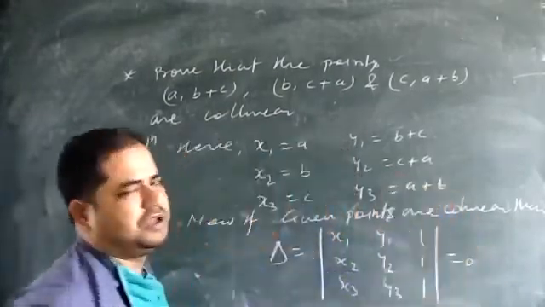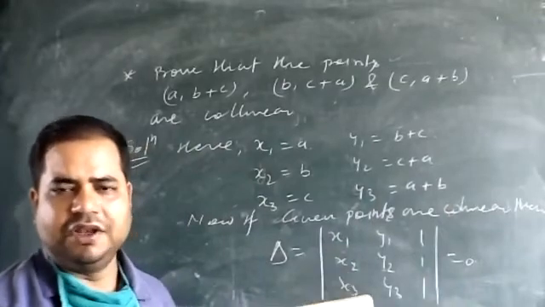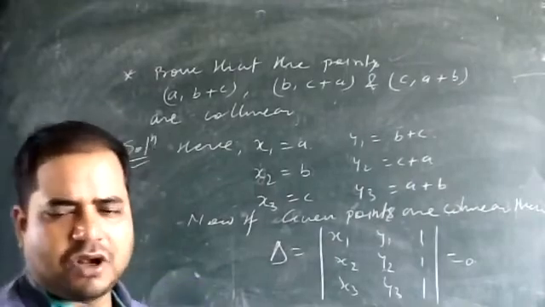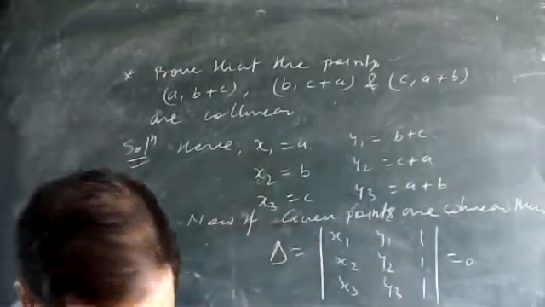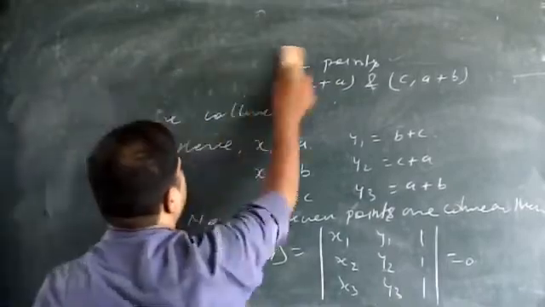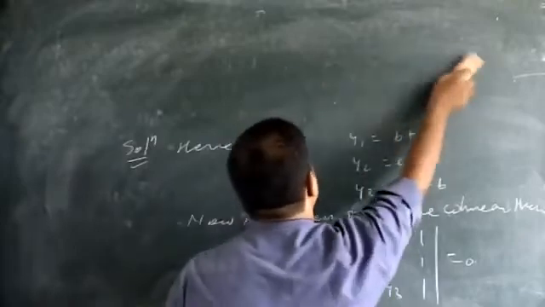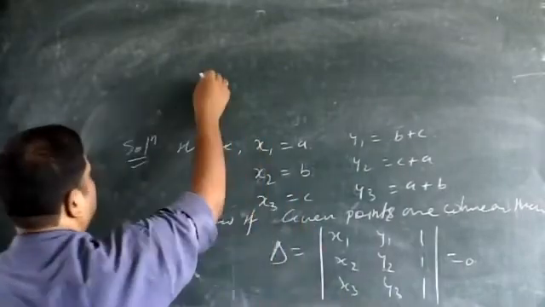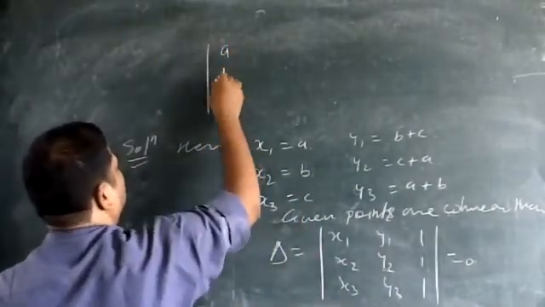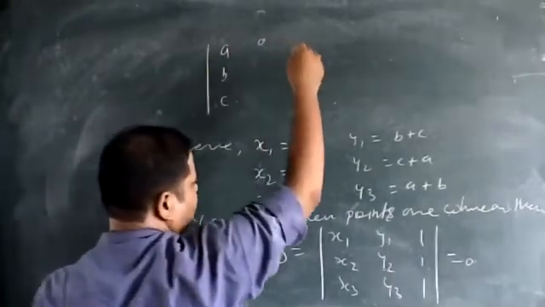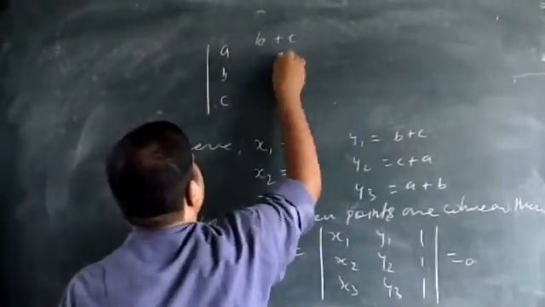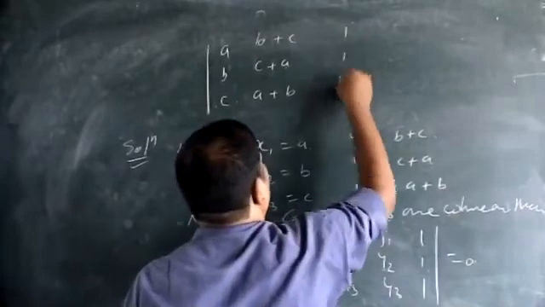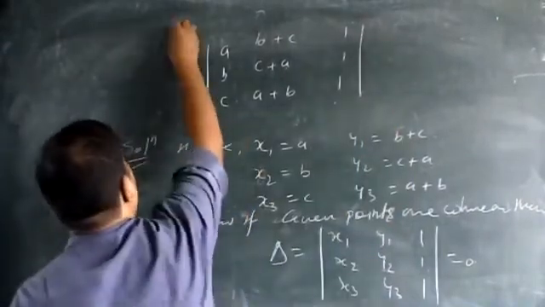अगर ये पॉइंट्स कोलिनियर है तो इस पर्टिकुलर डेल्टा दैट मींस डिटरमिनेंट को जीरो होना पड़ेगा. और डिटरमिनेंट को जीरो कैसे प्रूव करना है, सारी वैल्यूज पुट कर देंगे और आपको पता है प्रॉपर्टीज ऑफ डिटरमिनेंट. So by the properties of determinant you can show the value of the given determinant is 0. So the determinant is a, b, c; b plus c, c plus a, a plus b; 1, 1, 1. So LHS part you can take.